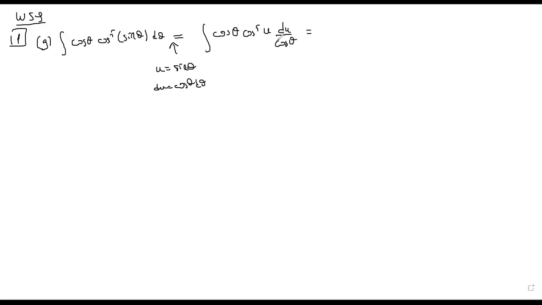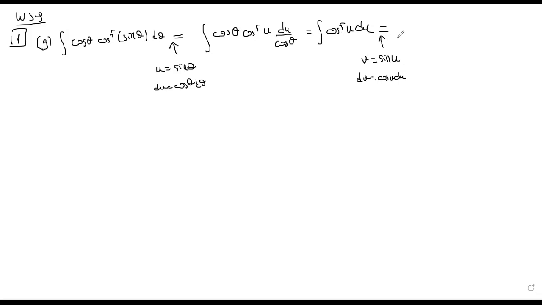Right, so they will be cancelled. We get cosine to the 5 of u du. Okay, now for that part, we will substitute now here. Let's call it v. All right, v is equal to sine u,